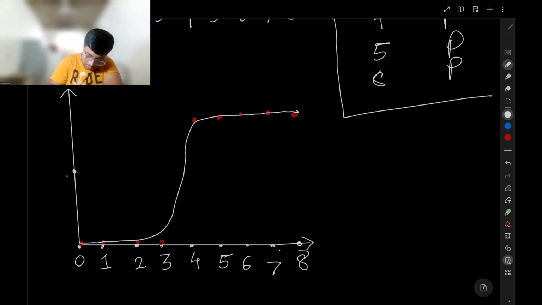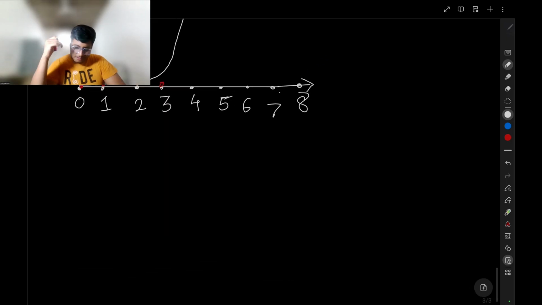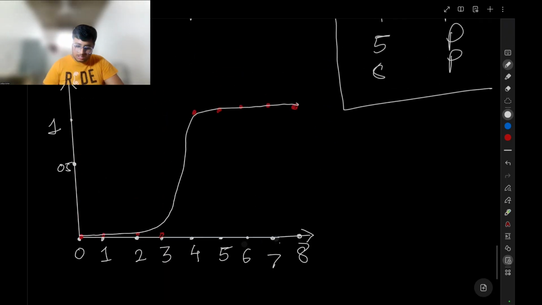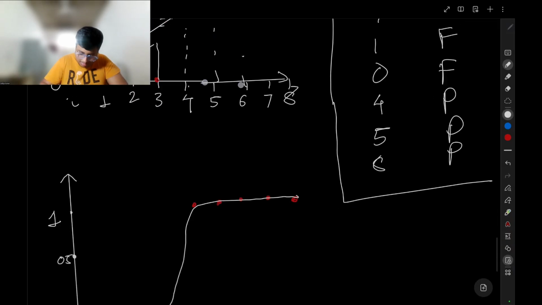Here, let's denote 0.5. Let's denote 1. We want to squash the linear regression best fit line into this format. So what do we have to do? First, let's consider the hypothesis of our linear regression line. In the earlier lecture, we discussed the hypothesis of the linear regression graph,